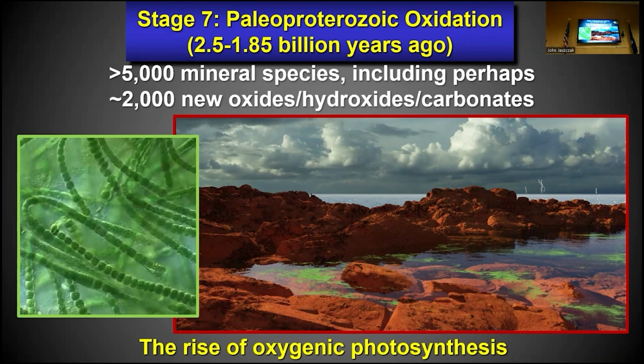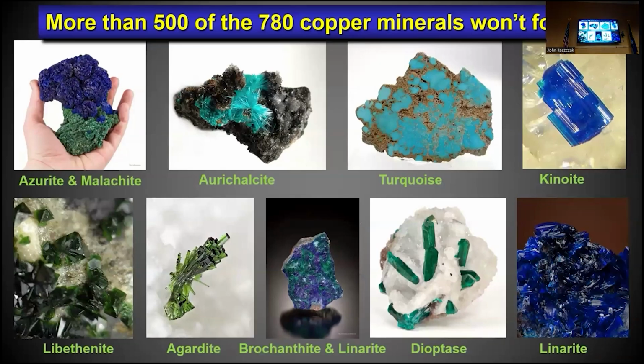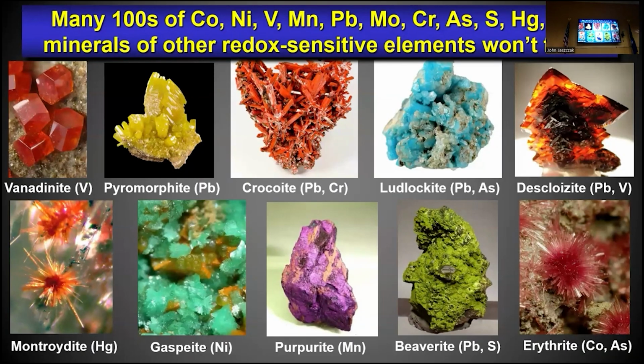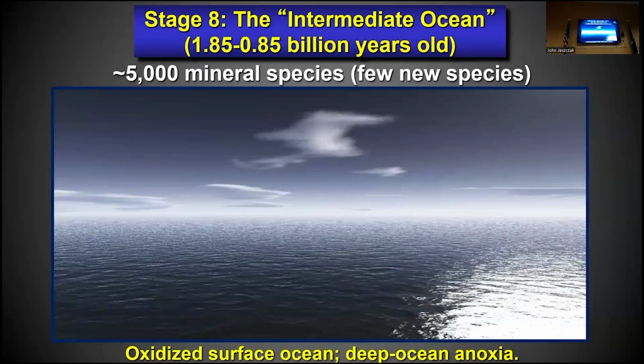All different kinds of elements are sensitive to that presence of oxygen. And so, for example, copper minerals, at least 2/3, maybe more, of all the copper minerals known on Earth could not have formed before you had oxygen in the atmosphere. They're near surface secondary minerals, which are so beautiful in the collections of copper minerals, for example, at the museum across the way. But it's true also for all these other elements. They're called redox sensitive. They're sensitive to the presence of oxygen, and new minerals form at the surface by the thousands. So that's much of the Earth's mineral diversity.